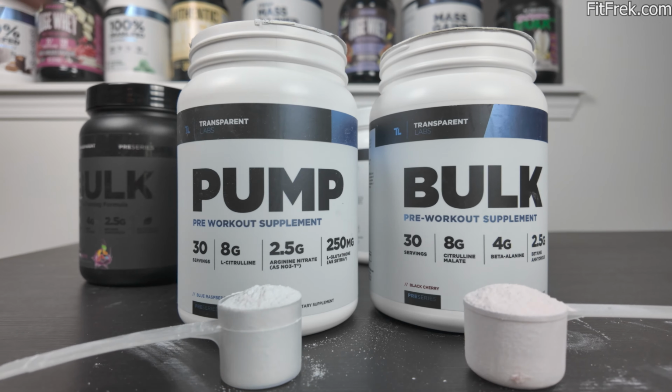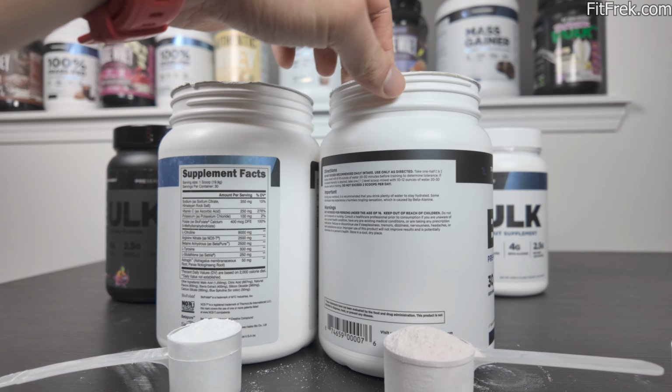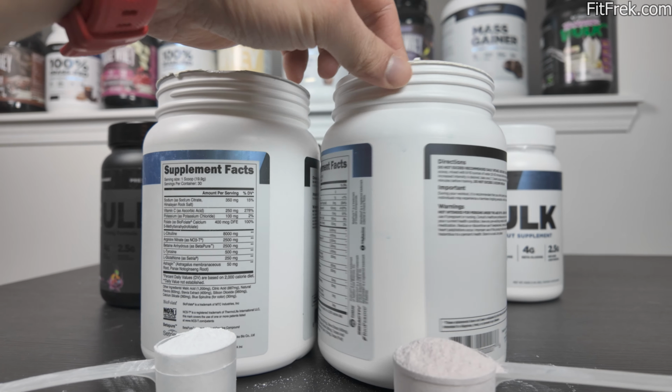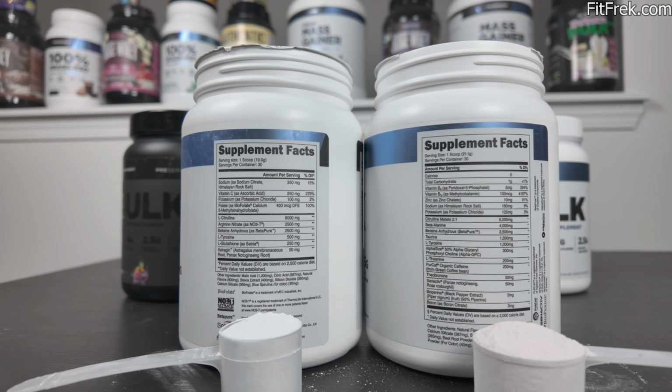Starting off with the drink, I had the blue raspberry, and I didn't get sick of it, but it is naturally flavored. So if you're looking for something super tasty, this pre-workout will not satisfy those needs. But if you're looking to reduce the amount of artificial stuff you have in your life, like myself,